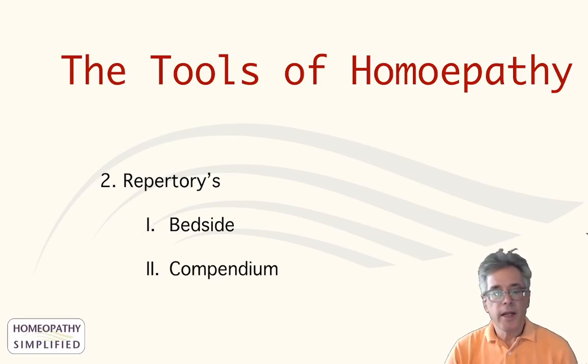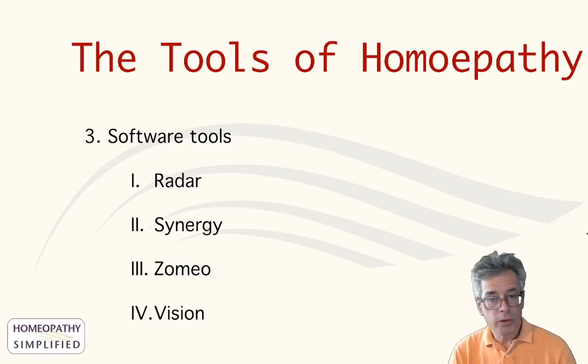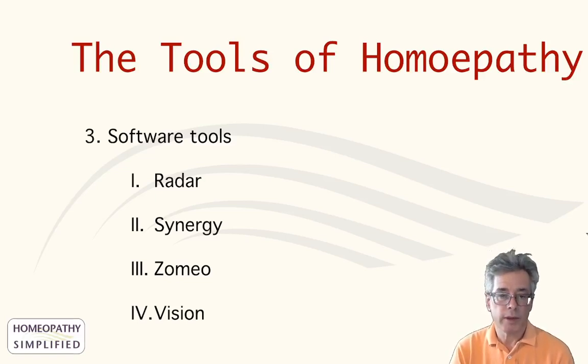And then another big area of the tools that we use in homeopathy are computer tools. There are many different software tools that hopefully make the work easier and faster for a homeopath, but not really. You still have to discern the symptoms and then differentiate the remedies that cover those symptoms. These are just a few of the brand names of the software that are available. And in these softwares, all very similar, we have literally hundreds of books that are cross-referenced in our search for remedies that match the symptoms of the patient.